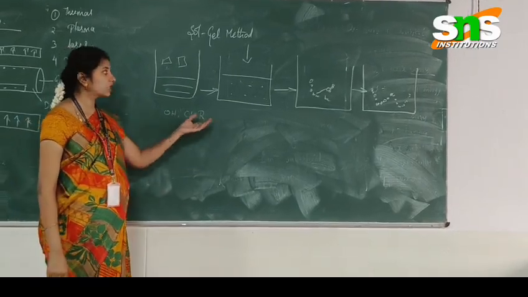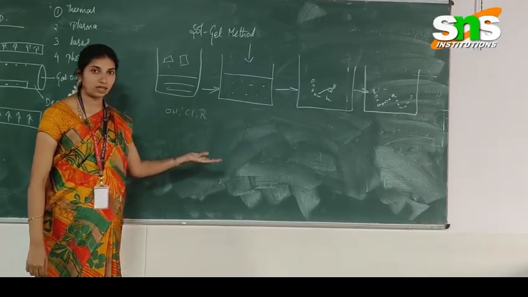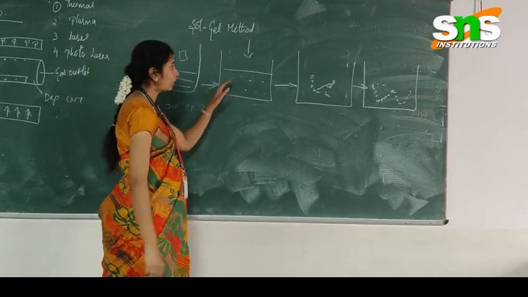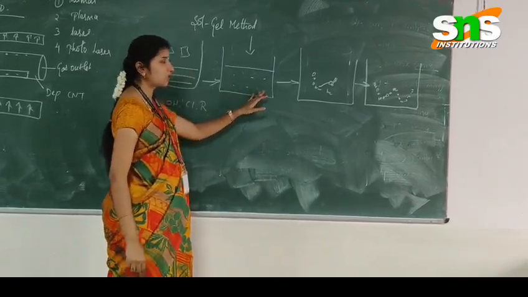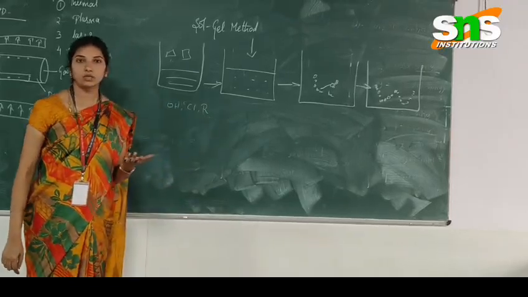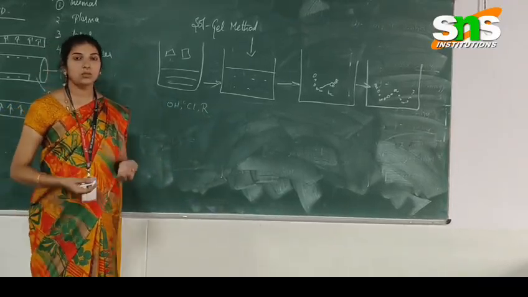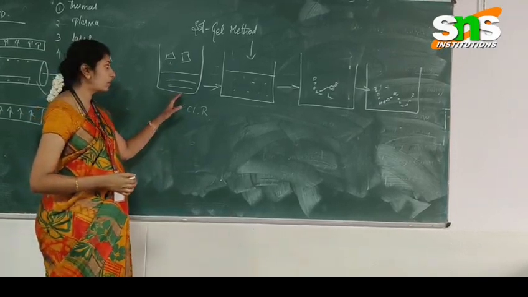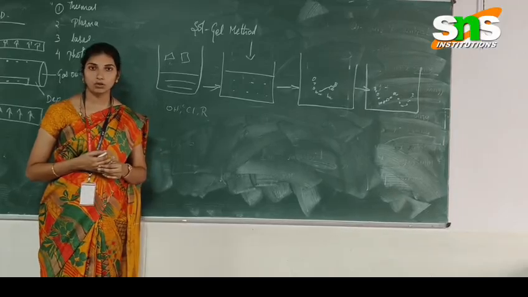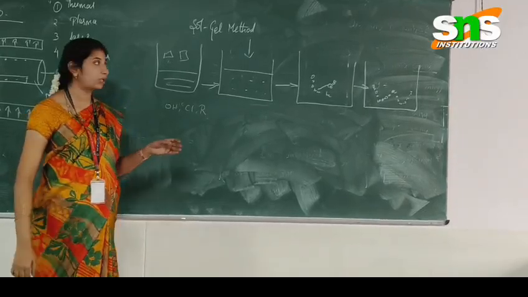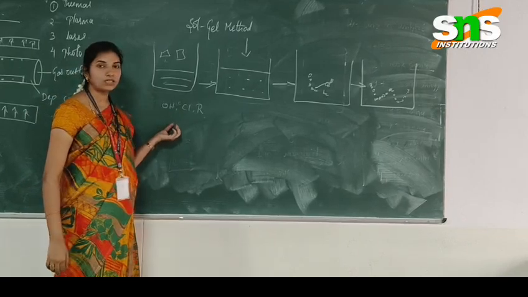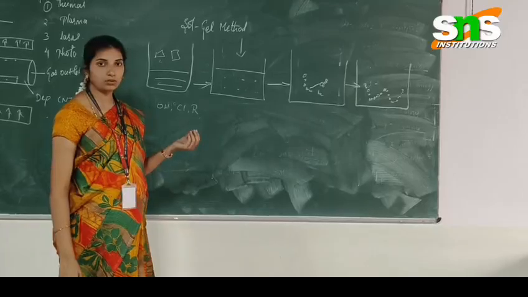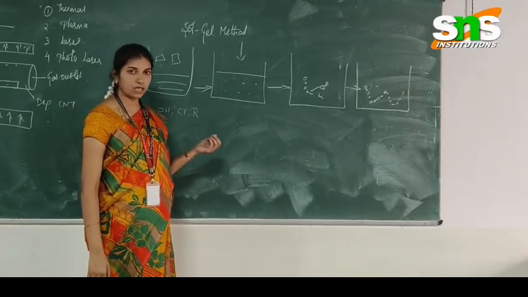So the sol with the gel formation has to react as a gel. With this reaction, the water and impurities are deposited in the gel. We are converting the gel by using the polycondensation reaction. The polycondensation reaction is nothing but the removal of water molecules from this solvent. So the removal of H2O molecules can be carried out in the formation of a solvent, that is the OH, Cl and the R groups. The OH, Cl and the R groups can be maintained in the formation of a gel.